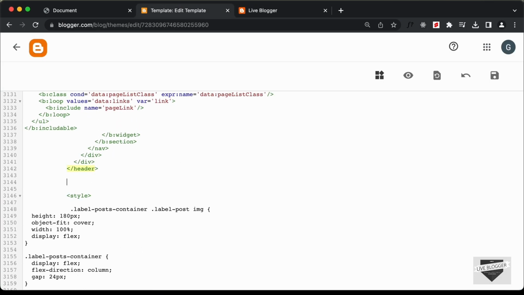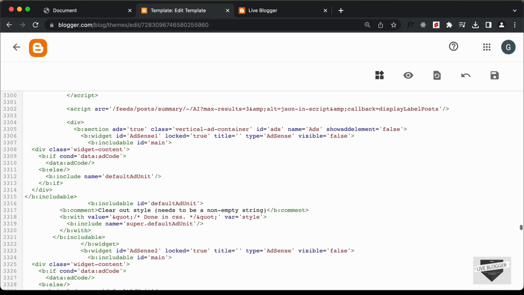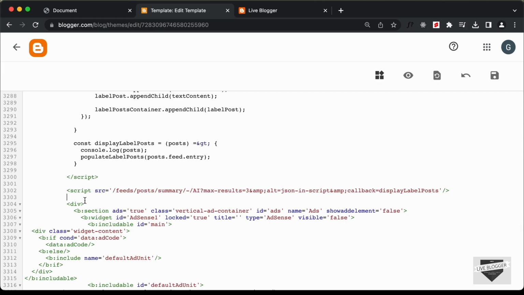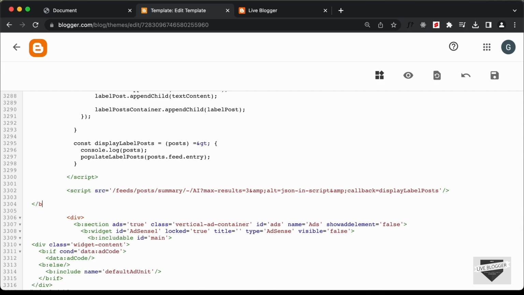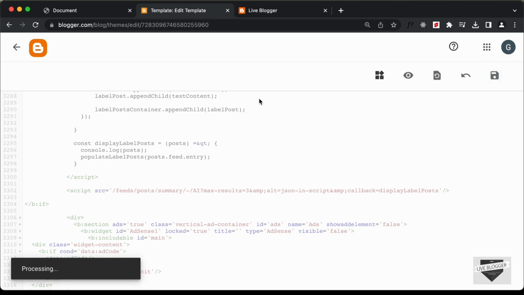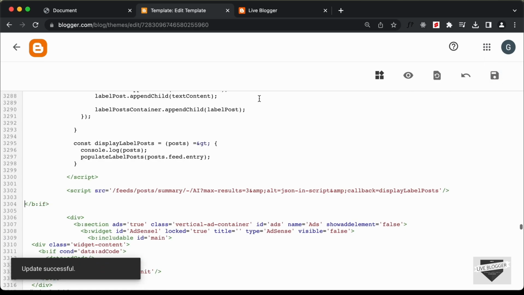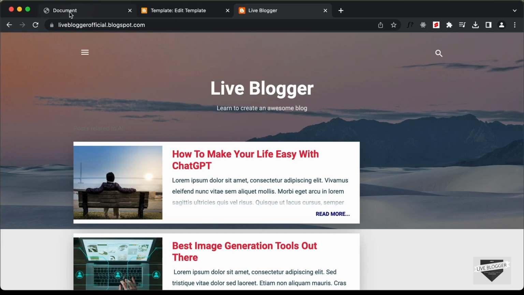So here I'll just type <b:if cond=, and for the condition let's type data:blog.url equals data:blog.homepageUrl, and let's close the if condition right here. Right now if we save this, and if we go back to our website, and if I refresh this page,